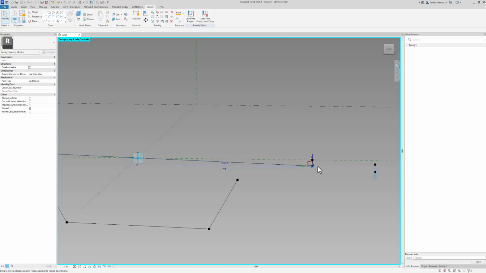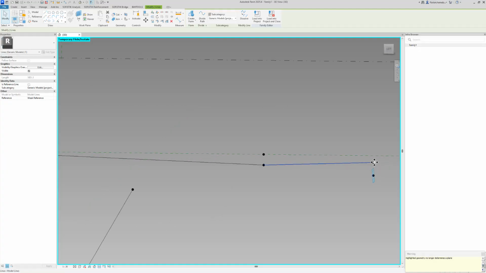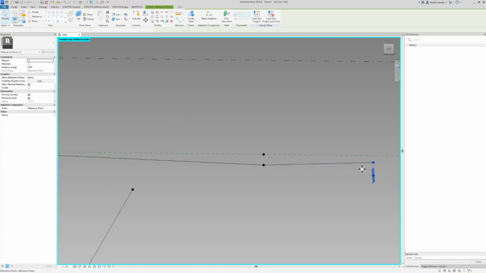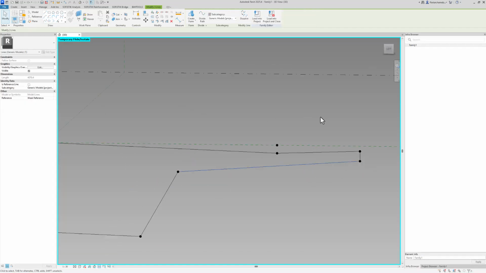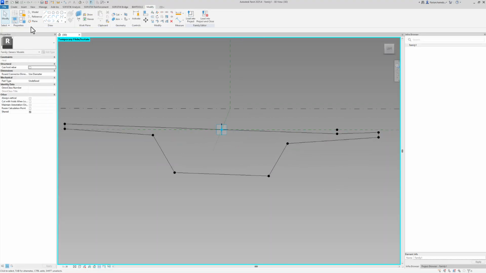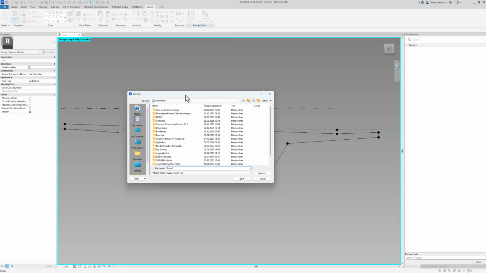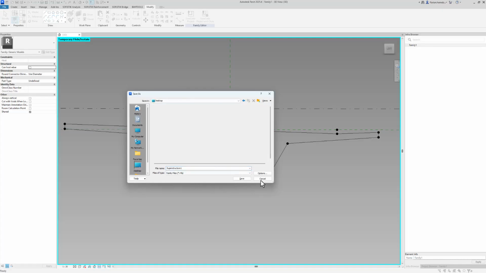So here is my low point for the drainage, and you can see it all comes together now. Select these 2 points, and lastly I connect it all together. Now I have one boundary that can be controlled via all the parameters we assigned in family types. By the way, the program tells me to save this family. Let's do that quickly. Make sure to give it a proper name, for example, superstructure 1, and I save it on my desktop.